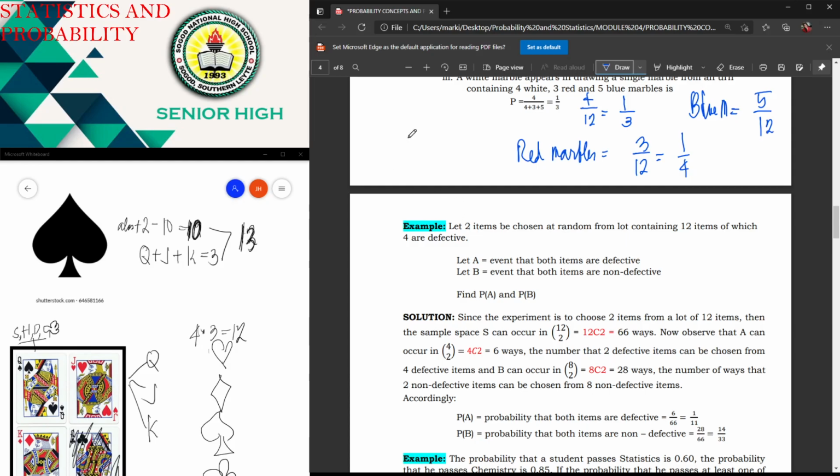Let 2 items be chosen at random from a lot containing 12 items, of which 4 are defective. So given that we have 12 items, but there are 4 defective out of those 12, what do you think is the number of non-defective? Since the total is 12 and 4 are defective, 12 minus 4 is equal to 8. So that 8 is the number of non-defective. Okay? So let's have the events. Let A be the event that both items are defective, and let B be the event that both items are non-defective. Since the experiment is to choose 2 items from a lot of 12 items, then the sample space S can occur in,